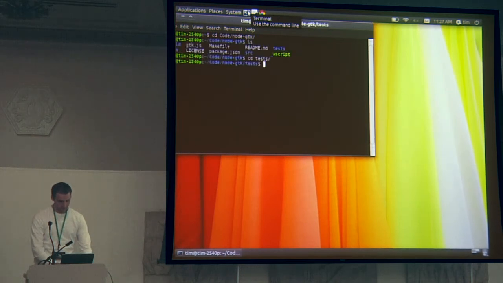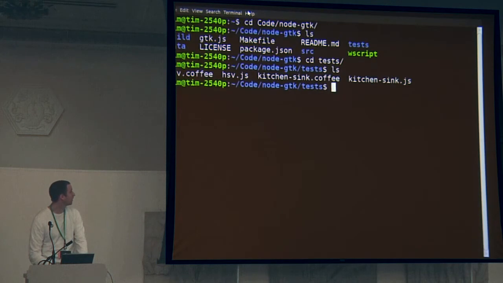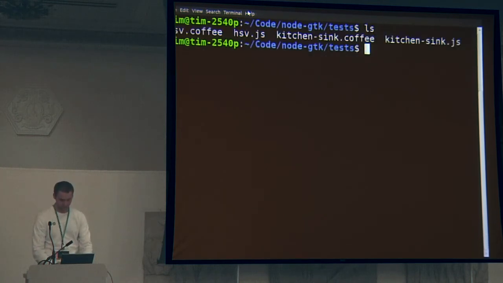So let's go to test. That is not big enough, is it? No, how about that? Is that good? More? Well, I need some room. I'll try one more. How's that? Monster sized.